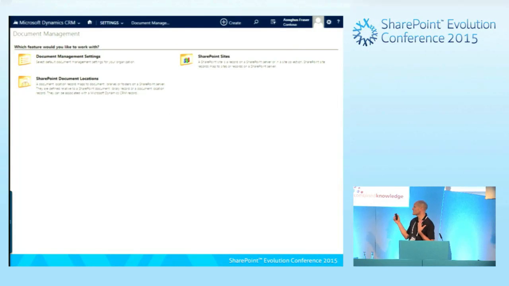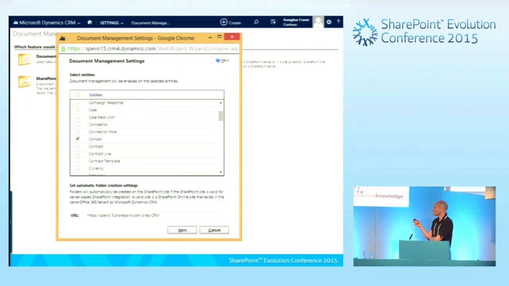This is just a quick few screens of how you would set this up. This is Microsoft Dynamics CRM 2015 online, and it is pretty straightforward these days to set it up if you want the native integration. You decide which of your entities you want to have mapped to SharePoint document libraries. You set up the URL, so there's a base URL at the bottom, and that's going to be a site collection in SharePoint. And for every one of the entities, I talked about them being kind of like content types, every CRM entity that you have in